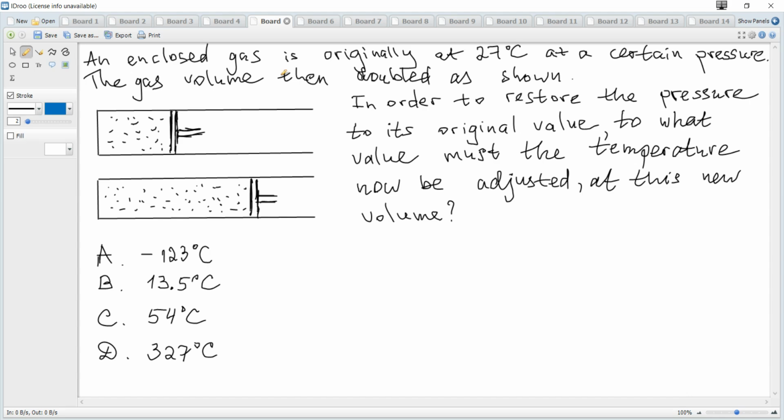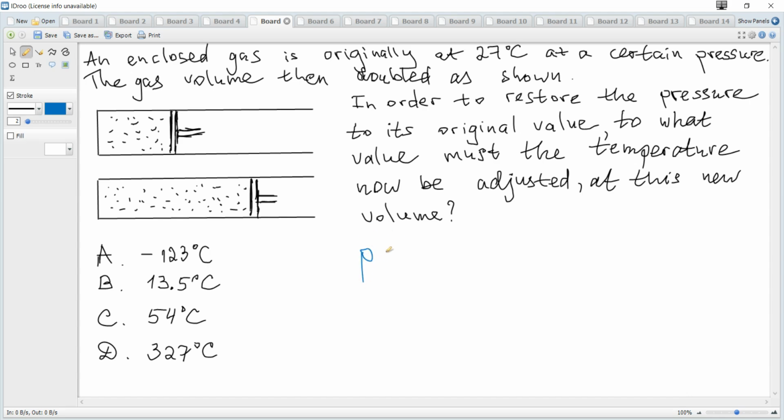An enclosed gas is originally at 27 degrees Celsius at a certain pressure. The gas volume then doubled as shown. In order to restore the pressure to its original value, to what value must the temperature now be adjusted at this new volume? So when the mass of a gas is constant